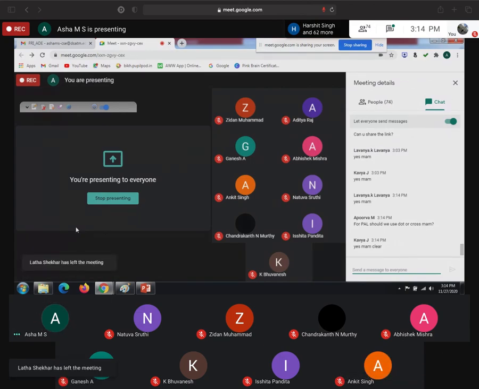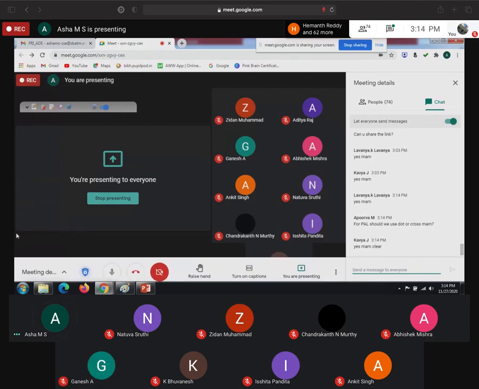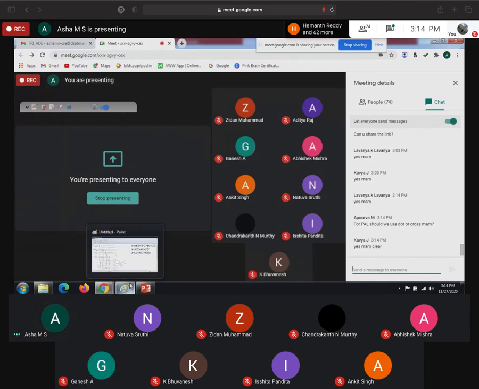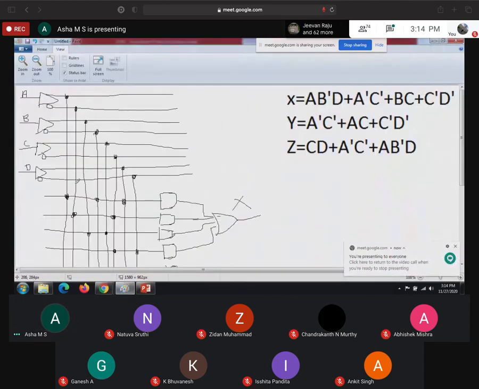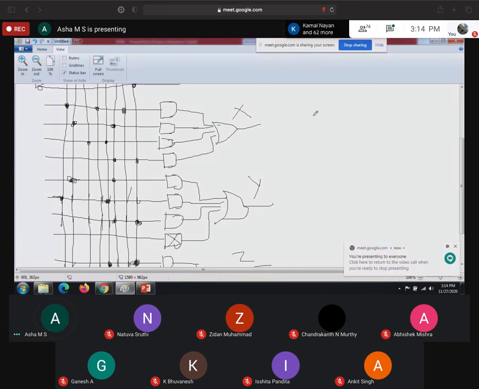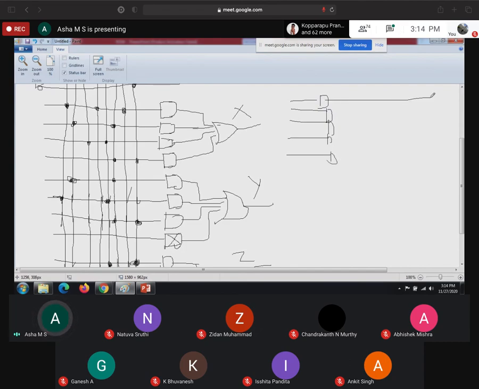Copy it first. So here it's cross. Here it's dot only, because I am connected for AND. Wherever there is a connection for AND, it's a dot, programmable. So where will you get X? Here you have AND gates, and the outputs of the AND gates are here.